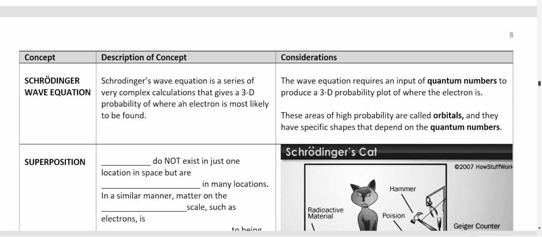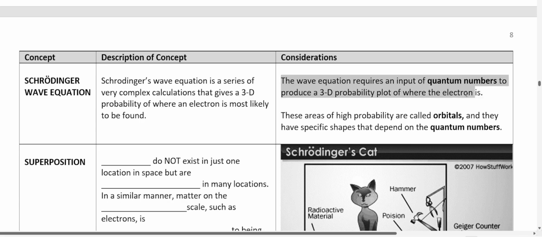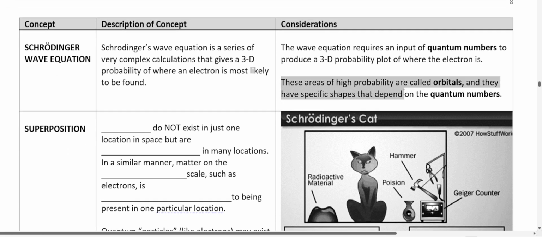So the wave equation requires an input of quantum numbers. So it looks at the quantum numbers, okay? And that produces a 3D probability plot of where the electron is likely to be. These areas of probability are called orbitals, and they have specific shapes that depend on quantum numbers. Now, this might seem pretty confusing right now, but we're going to stop and we'll look at what orbitals are in the next lesson. Essentially, they're just locations in space in the atom where you have a high probability of